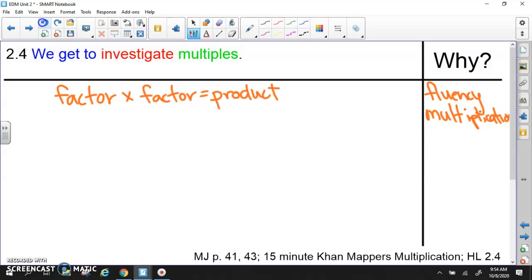So, with these factors, let's say you're looking for, I'm sorry, not factors, multiples. Let's say you're looking for the multiples of, let's say 7, okay? Basically what it is,